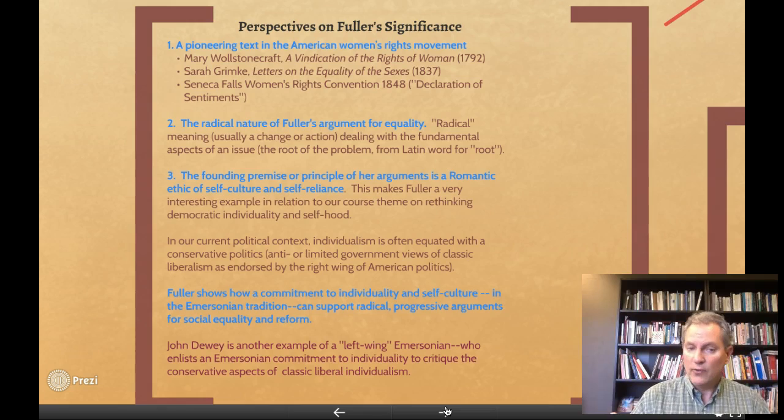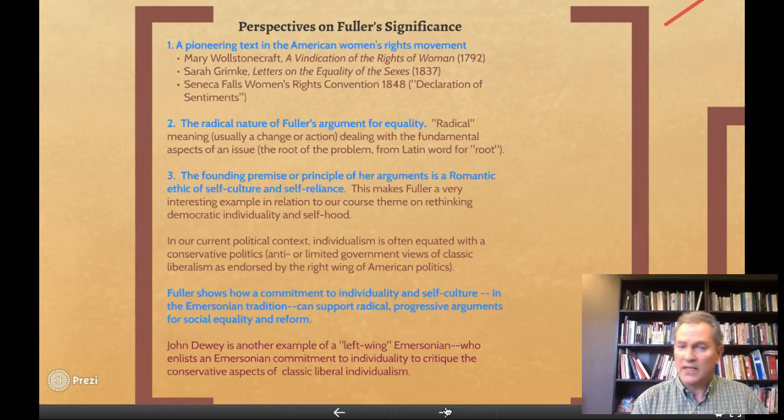And third, to think about how the founding premise or principle of Fuller's arguments is a romantic ethic of self-culture and self-reliance. And that really helps us see how Fuller is, in the transcendentalist movement, making an argument for women's rights. And it makes Fuller a very interesting example in relation to our course theme about rethinking democratic individuality and